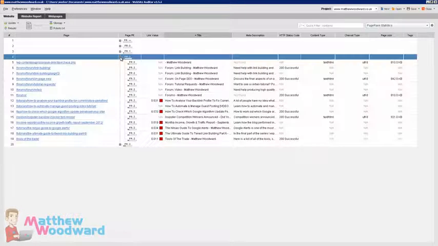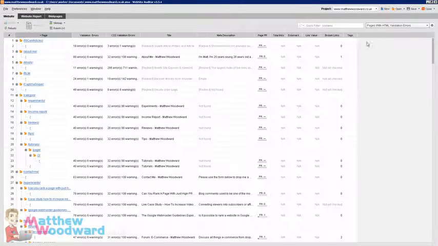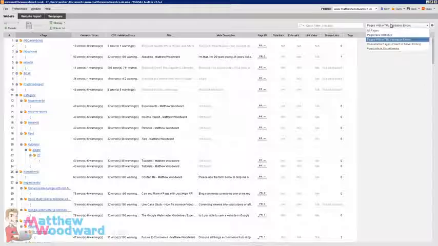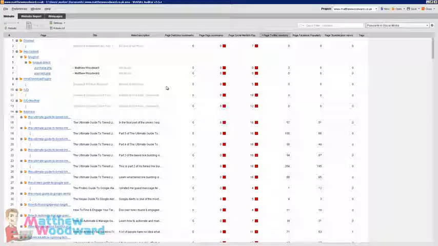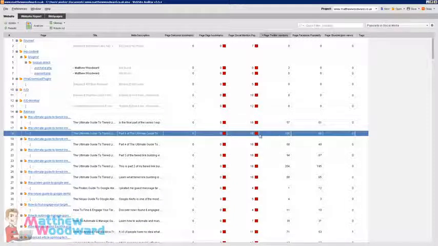So we can look at all the PR2 pages on my site, along with some different information about each of them. And we can have a look at pages with HTML validation errors. We can look at popularity in social media and see how our pages perform there. So look at this page, we've had 100 Twitter mentions, 66 mentions on Facebook, and as you'll probably notice, Google